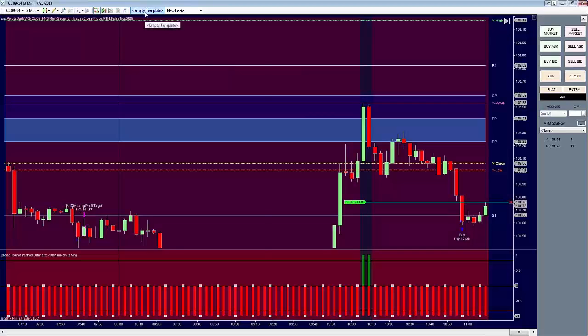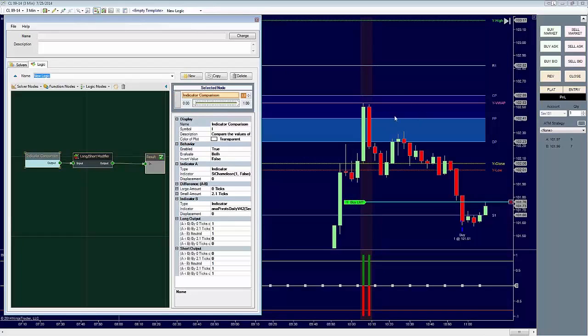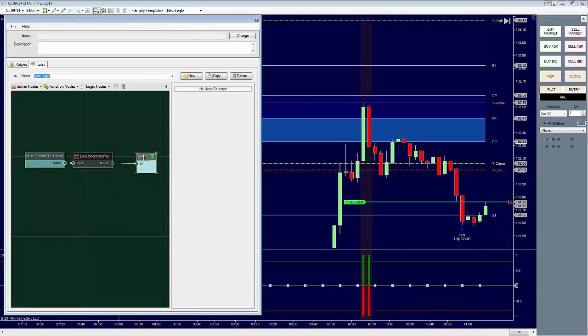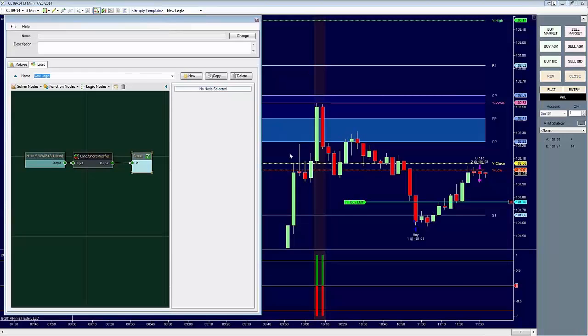Now, I just need to connect that. And we've isolated those bars that are touching or are within 2 ticks of yesterday's VWAP. So let's do this. We'll name this high-low to yesterday's volume weighted average price, 2.1 ticks. There we go. So if I wanted to show that reversal bar from the VWAP, yesterday's VWAP,